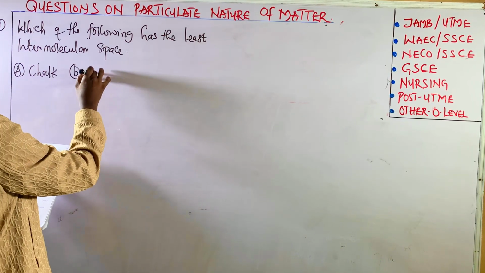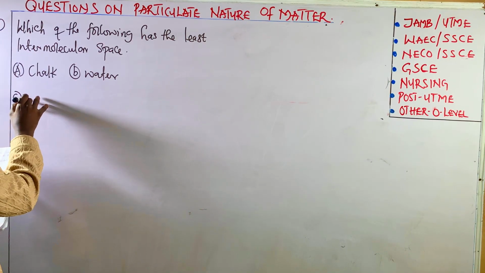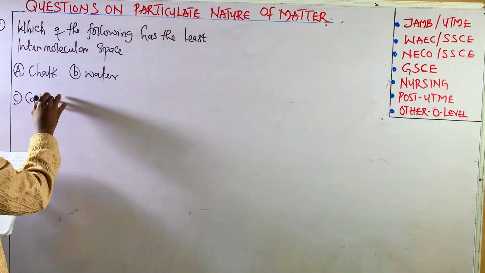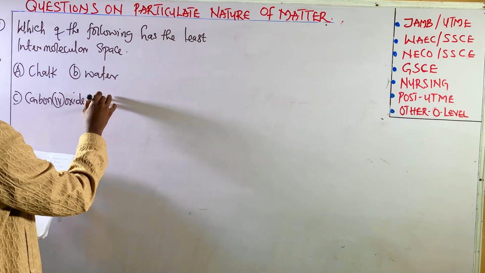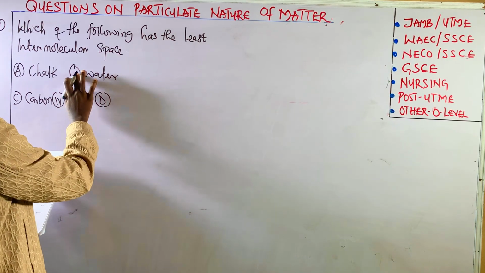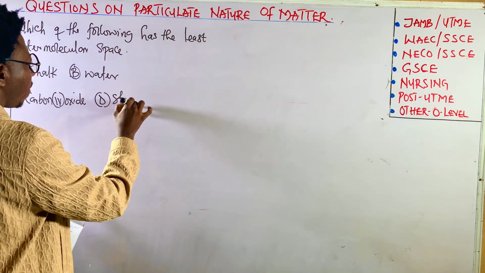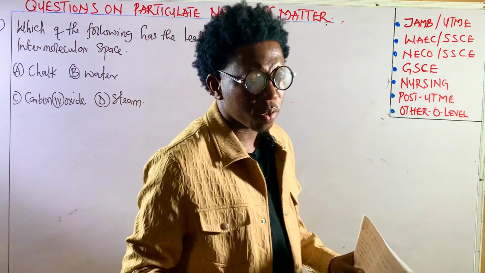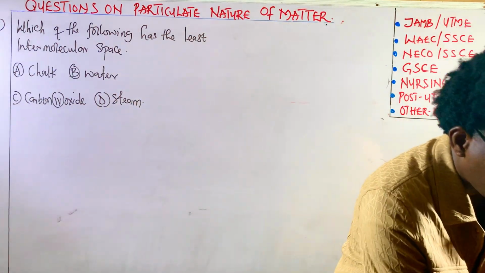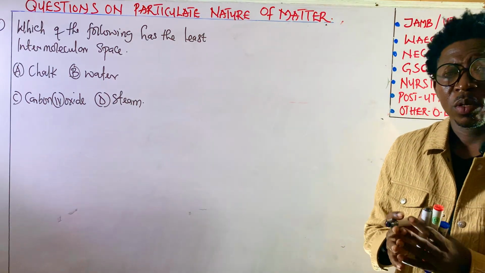Option B, we have water. Option C, we have carbon 4 oxide. Then option D, we have steam. All right, so one thing you should know is that in general, we have 3 common states